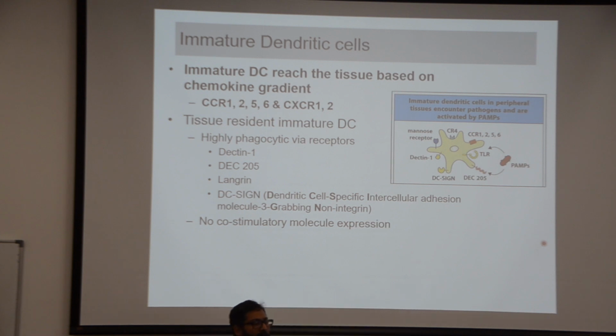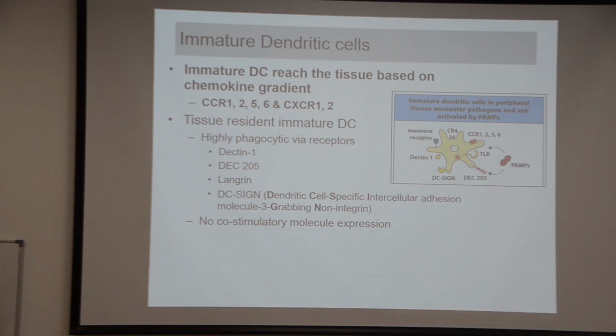Now, what happens when a dendritic cell actually sees a pathogen, right? So you have a pathogen here, which is of course expressing the pathogen associated molecular patterns, and they will be recognized by pattern recognition receptors like dectin-5 or the toll-like receptors. Now notice this immature dendritic cell is primarily found in the peripheral tissue. So there's a difference